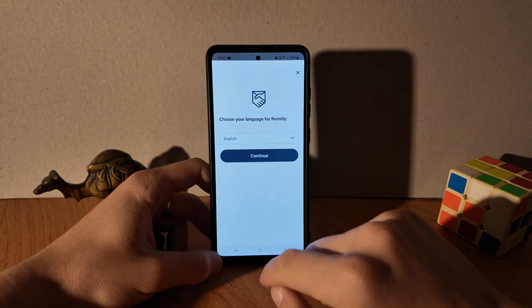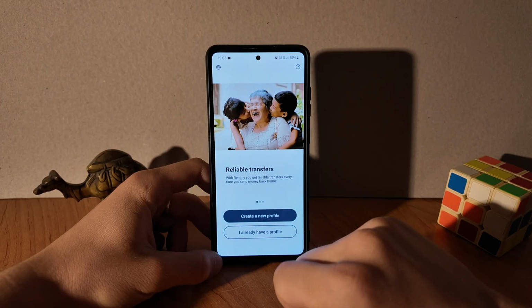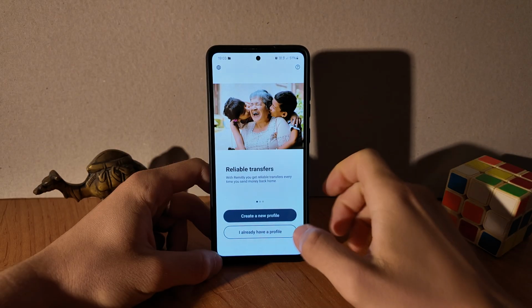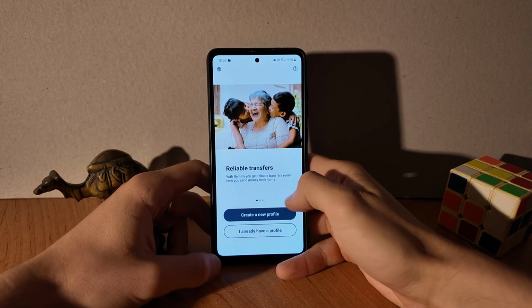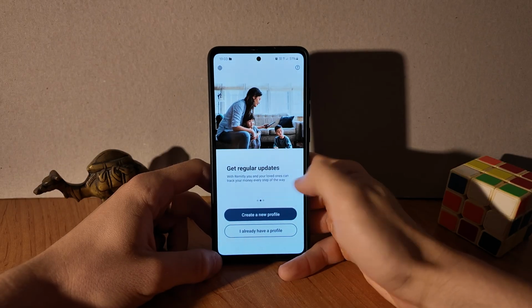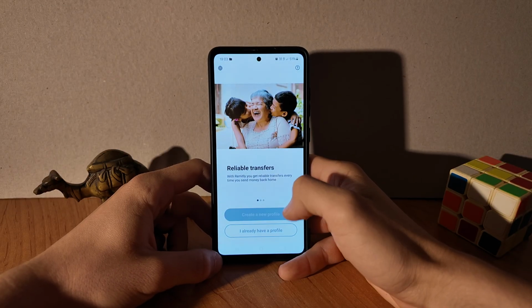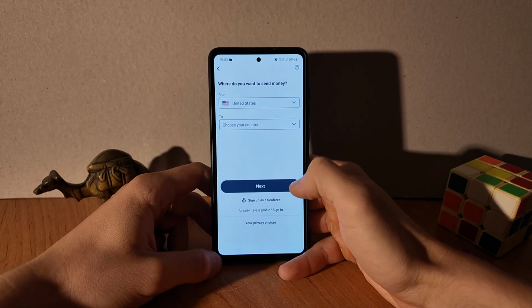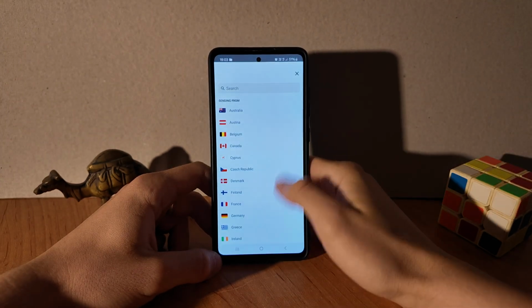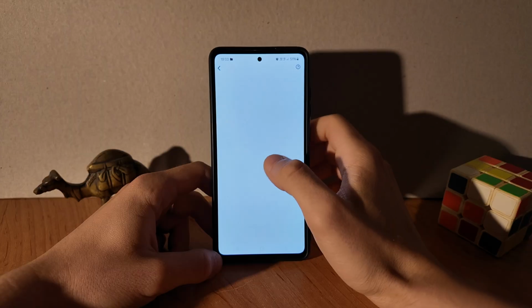We can leave it on English for now, then we tap on continue, and here we just tap on either create a new profile or I already have a profile. In our case we have to create a new profile. Then we select our country of origin,